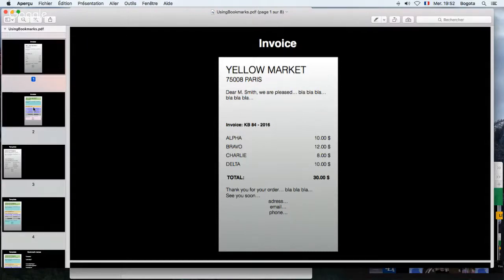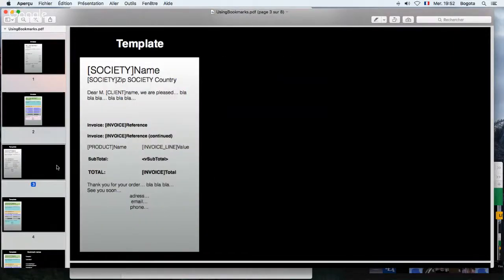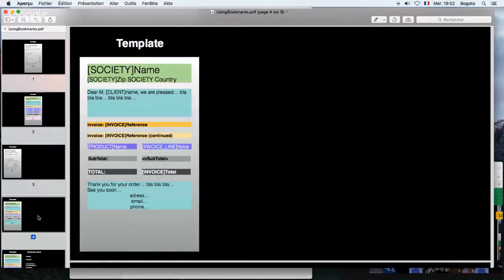So what's an invoice? Let's put some color on it. In a regular invoice, you usually have a header, a text at the beginning of your invoice, you may have an invoice reference, you have product lines, invoice lines, then you have a total, then again some text and whatever, a footer if you need. So let's imagine we have a template now with all this information present in the template. So let's colorize it again just to make it more clear. So you have here your